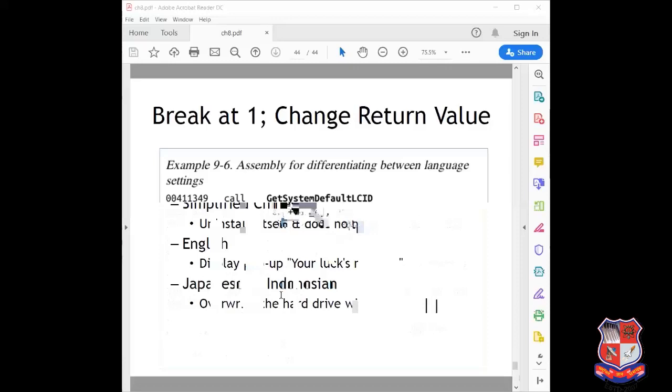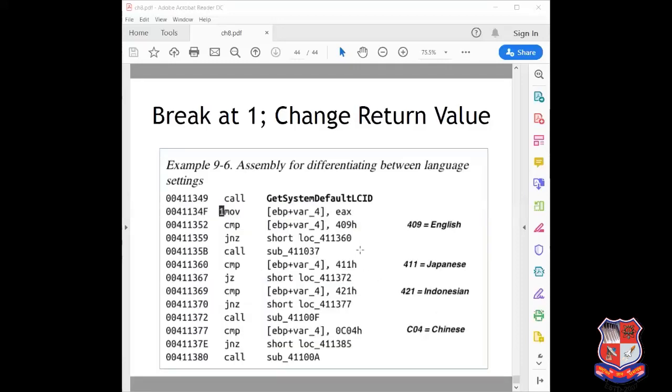The locale IDs are 409 for English, 411 for Japanese, 421 for Indonesian, and C04 for Chinese. And here one breakpoint is set at the instruction mov eax, [ebp+var_4].